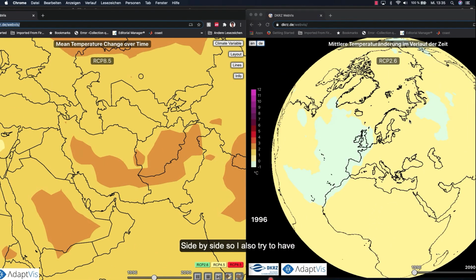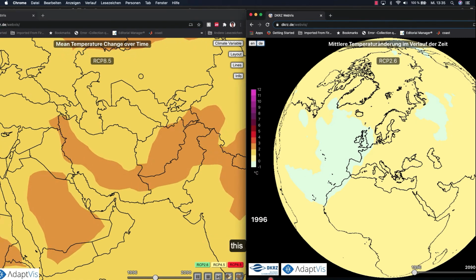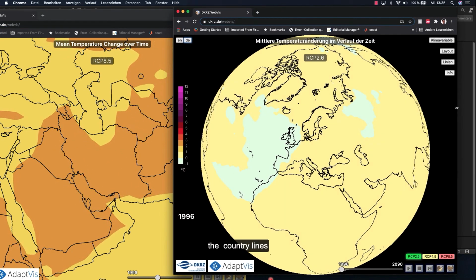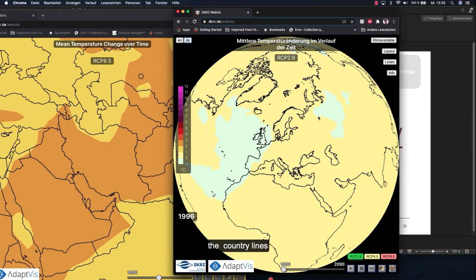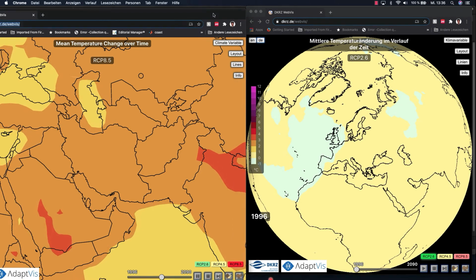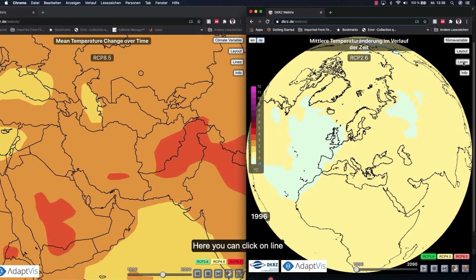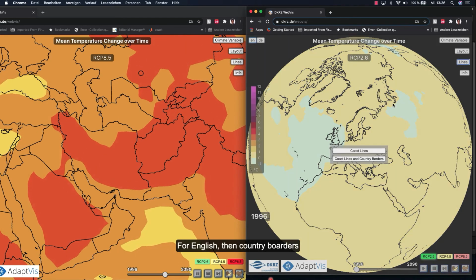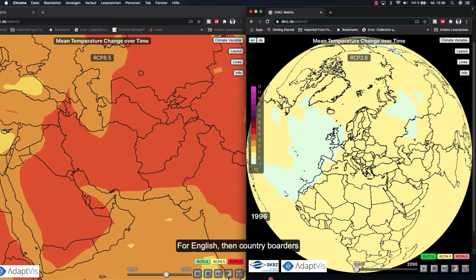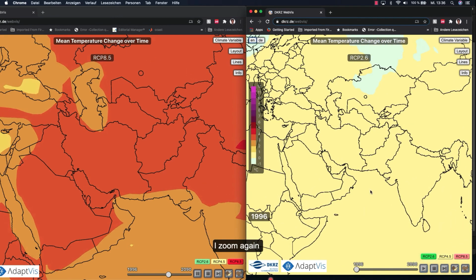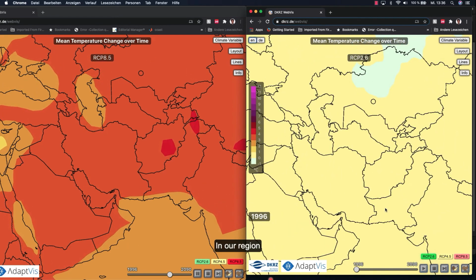I also try to have the country lines. Here you can click on line, first for English, and line, country borders. I zoom again in a region.